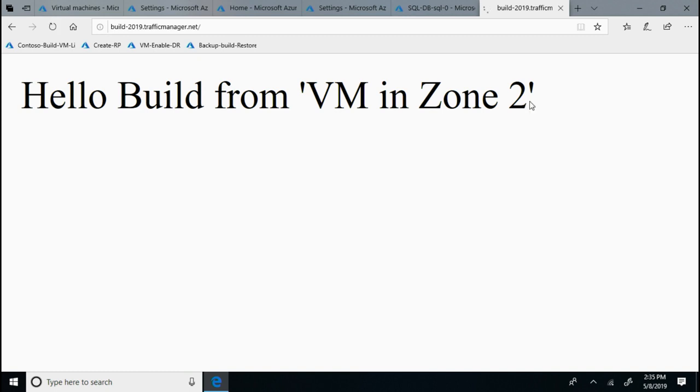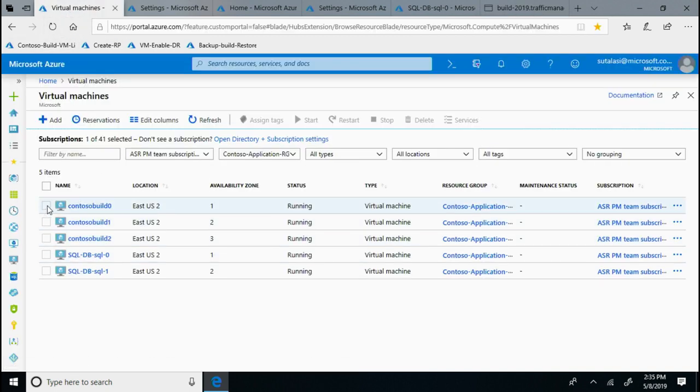As I keep refreshing it, you can see the VM in zone 3, VM in zone 1, VM in zone 2, zone 3. It continuously services your request. So this way, your application is load balanced across all the availability zones, which means if something were to happen in one of the availability zones, your application VMs in the other availability zones will still continue to service these requests. And let's see in action what would happen if I bring two of these VMs down in zone 1